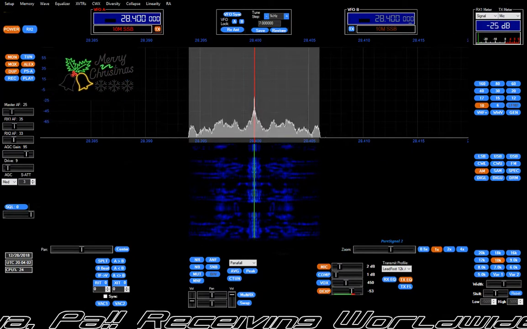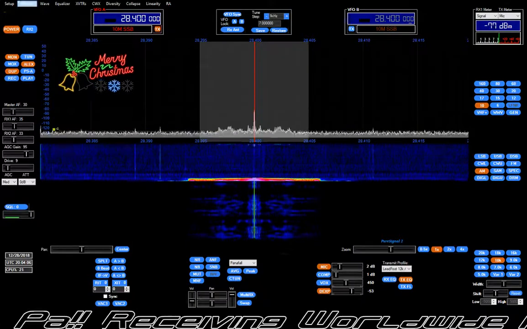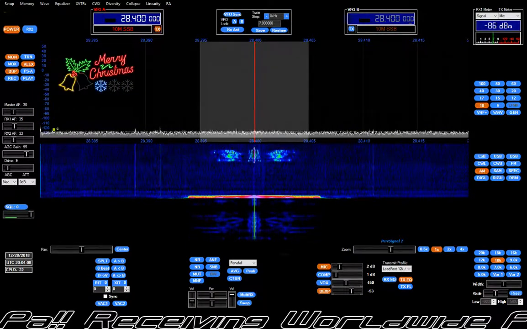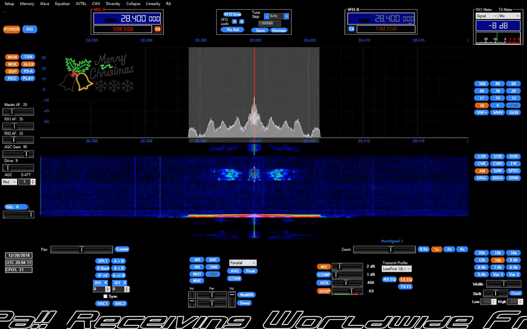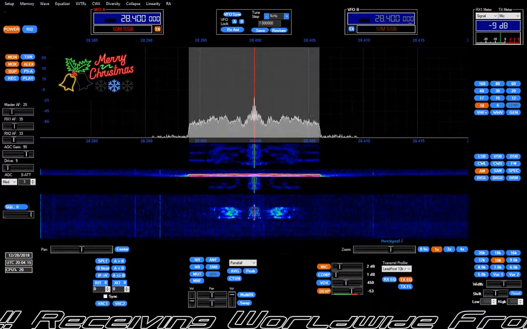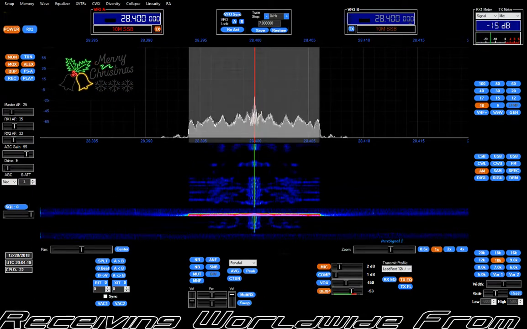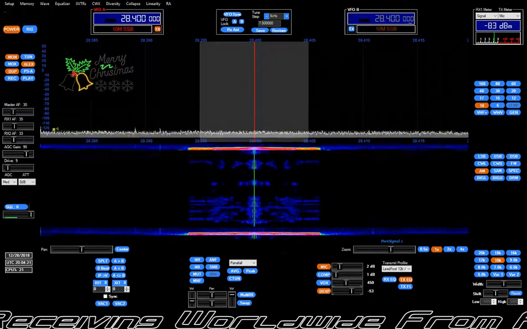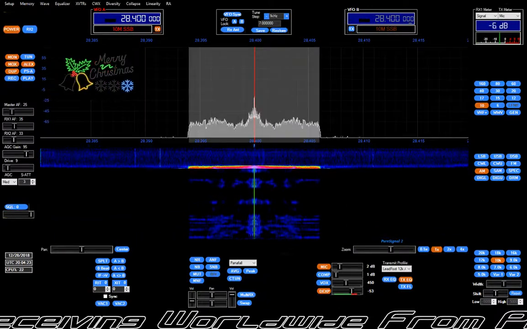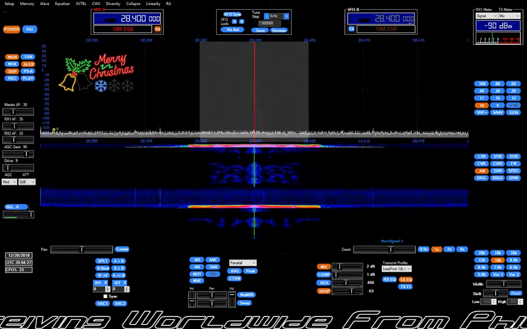I put it in the memory. I guess I was off frequency when I saved it and didn't realize it. Oh well. So when I come back, it comes back off frequency. All right, it's fixed now.